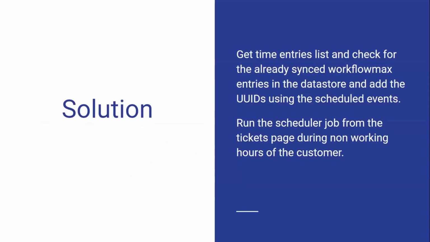So the solution we gave here is, we already have IDs saved in the database. Workflow Max also provided an API which uses the existing IDs and also gives us the UDID. They call it transition mode. We have to use the existing API URL with the query param transition mode. If we send a Workflow Max existing numeric ID to that API, we will get the UDID as well.